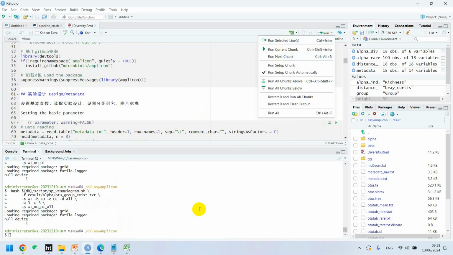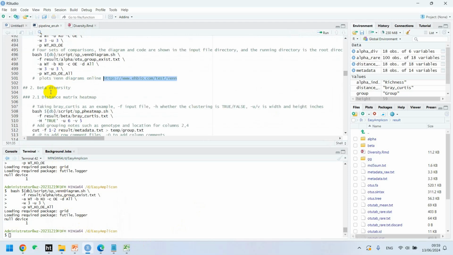Preferably, first use RStudio and the command lines, and after that you can use the diversity RMD file as well, and alternatively you can use the online server as well. It depends on you which you want to use. You can use it for your convenience. After that,